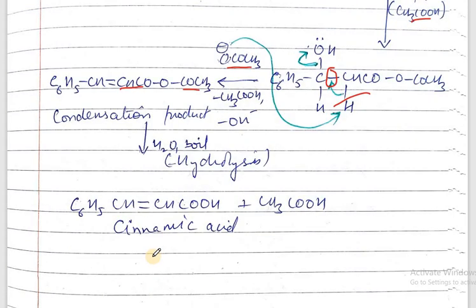So this is all about the main four reactions we have done with mechanisms. First is the aldol condensation mechanism, then second the cross aldol condensation mechanism, then third the benzoin condensation, and fourth is the Perkin reaction. All these condensation reactions are important with their mechanisms. These are very important. Any two reactions can be asked in the exam. So thank you. We will further continue with other reactions.